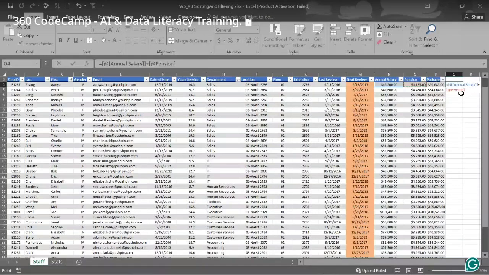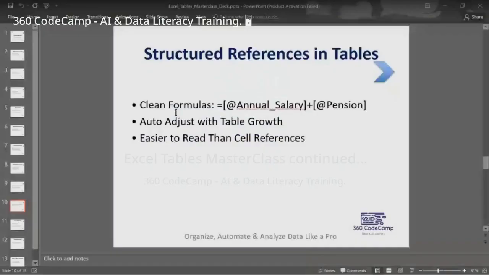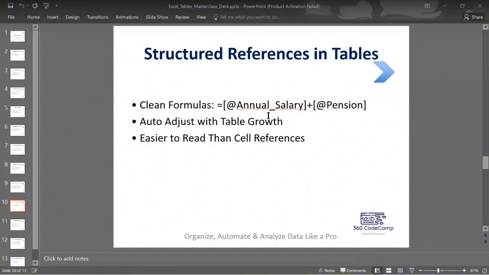Tables also give you the same functionality, giving you a cleaner formula. That's what I was trying to explain here. Then it will adjust as the table grows. It auto adjusts, just like even when I made a mistake, you see what happened. So it's also easier to read